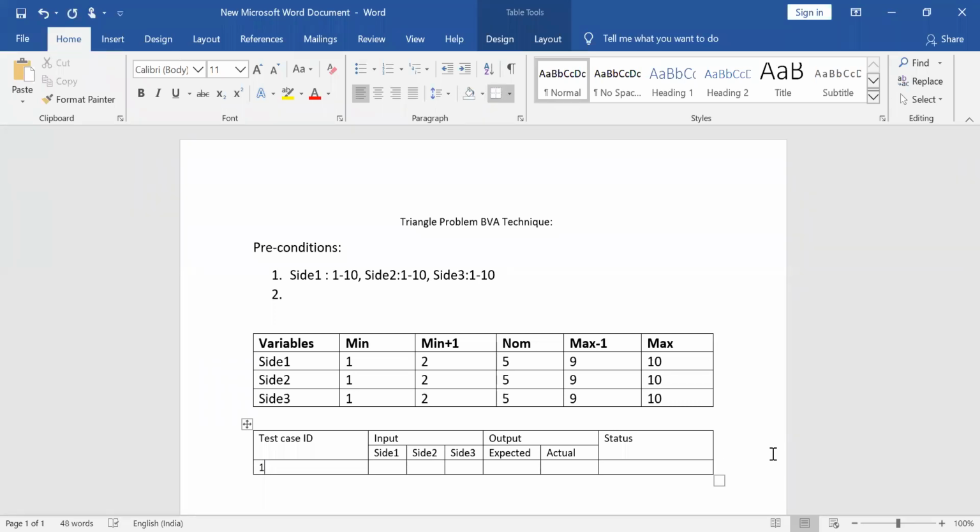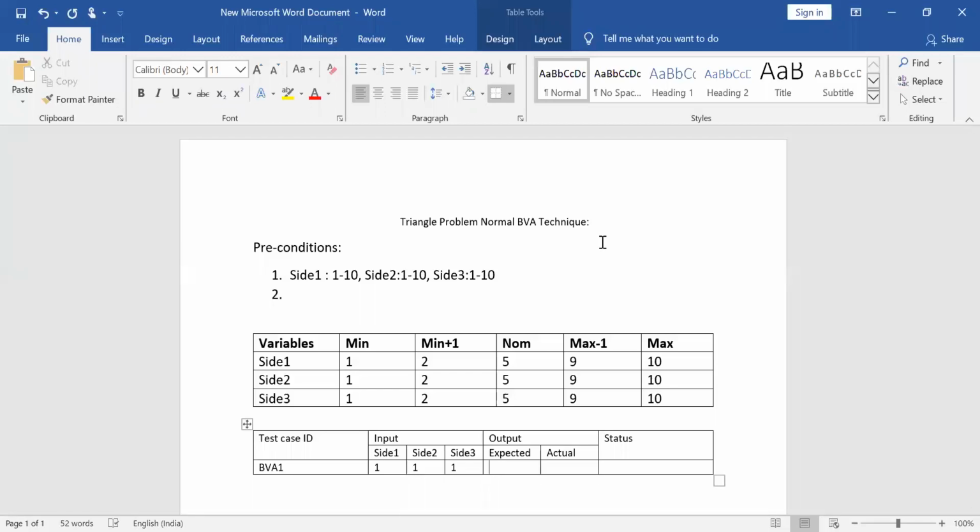Now you need to give the first test case ID. Normally in your boundary value analysis, BVA, this is a normal boundary value analysis technique that I'm going to deal with. Triangle problem, normal. If nothing is available with respect to previous boundary value analysis technique, it is normal itself. That's what you need to understand. So normal boundary value analysis technique, 1. This is a test case ID. So how to pick the values now? Which will be the first value? So always we'll start with the minimum between all the particular three sides. So expected is,